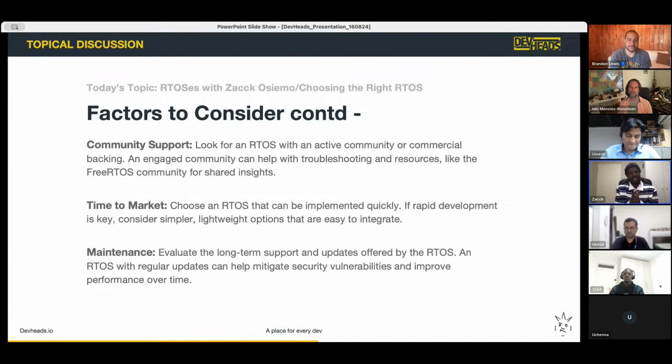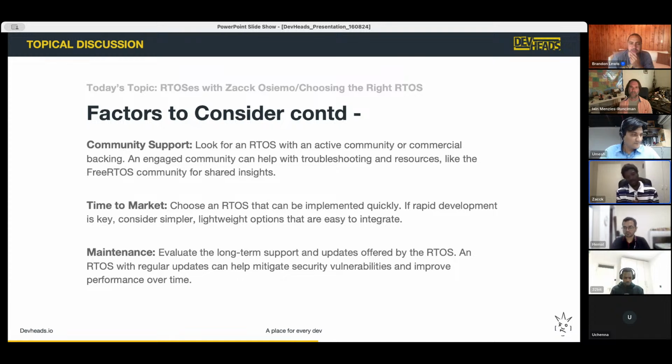And then the next one, time to market. Familiarity is good for development, because you finish faster, you know the gotchas, you know where not to go because you'll get hurt if you go there. You know how to do things, and you can plan better because you've done it before. So time to market is going to be key. You'll want to choose something that allows you to go to market as soon as possible, rather than something you have to learn from scratch.